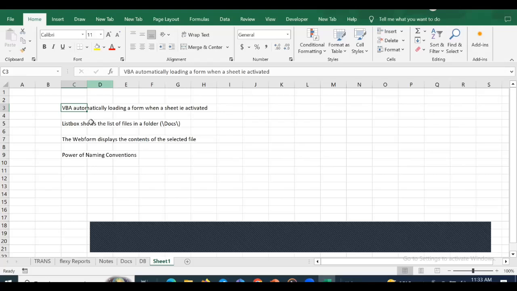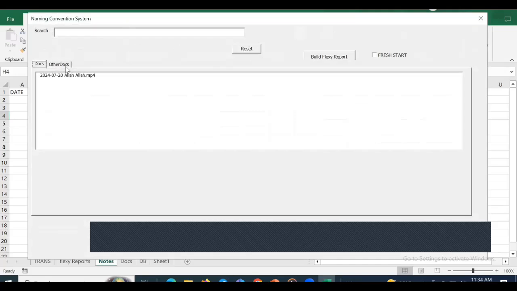Clicking on the notes sheet brings up a new form. This is a very good feature: when you click a sheet, it comes up with a form. So how do we do it? The form